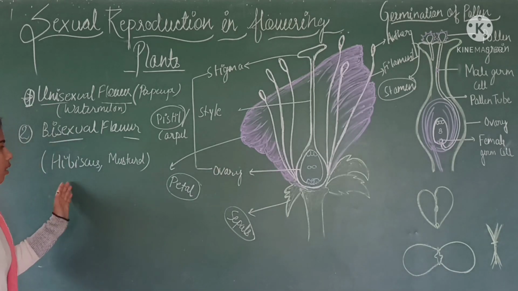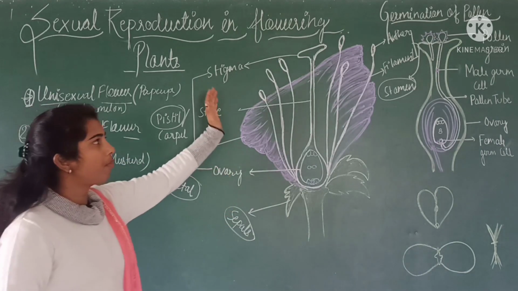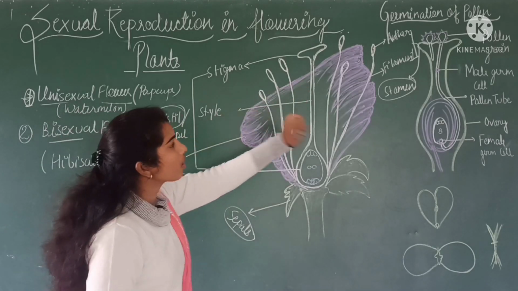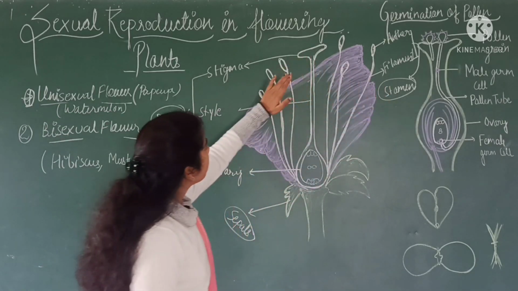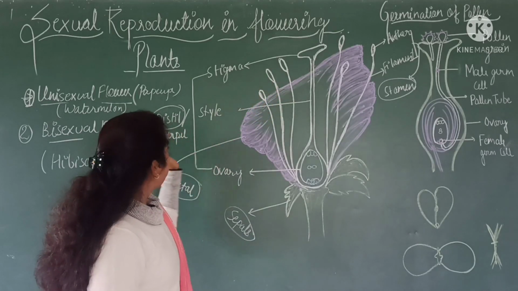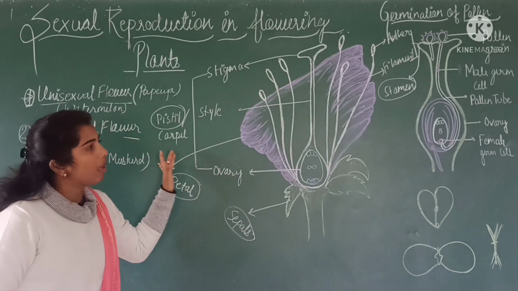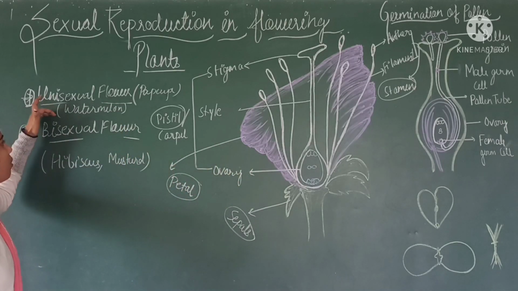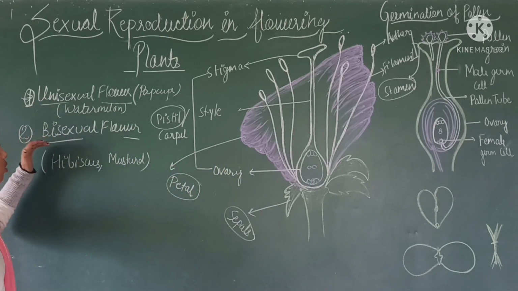We see in this flower of hibiscus, both male part, the stamen, and female part, the pistil or the carpel, are present in the same flower, so it is a bisexual flower,